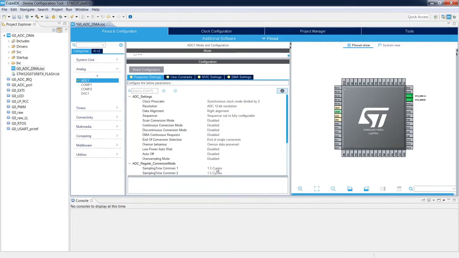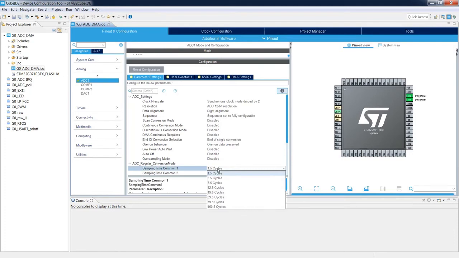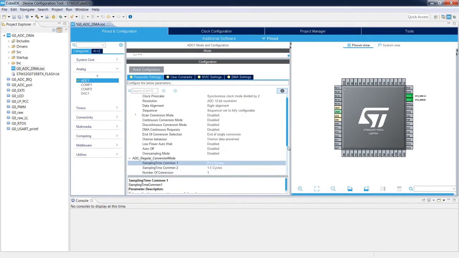Let's have a look at which value would be the most proper one. We do not have 40 clock cycles, we've got 39.5, which is below this minimum value. This is why we will select the next one, so 79.5 clock cycles as a sampling time.